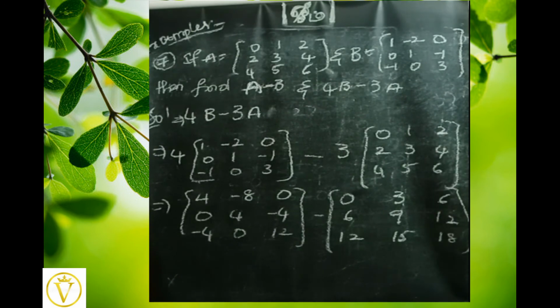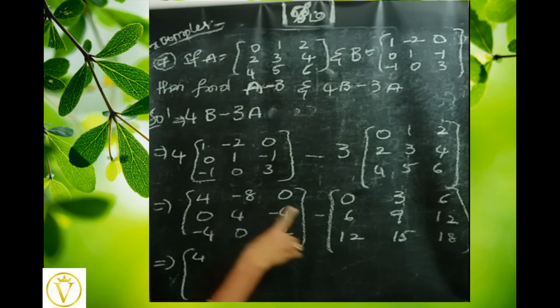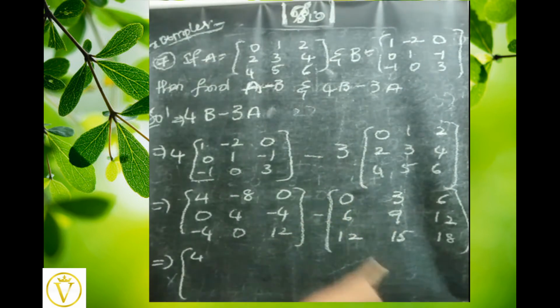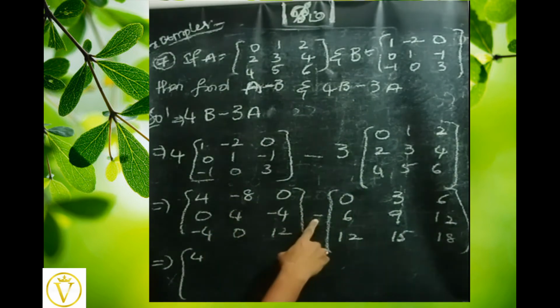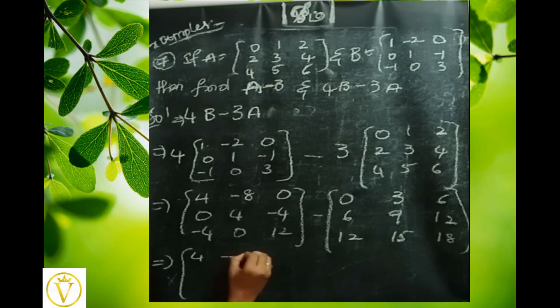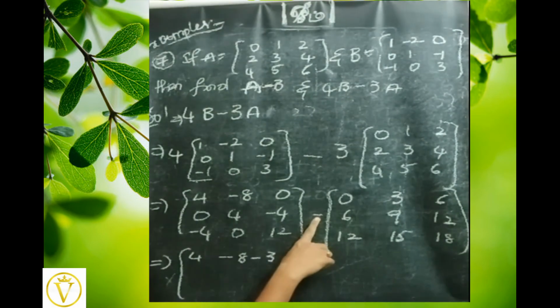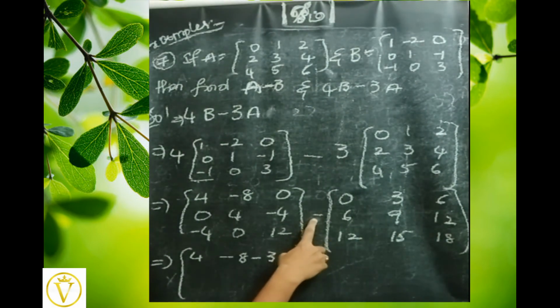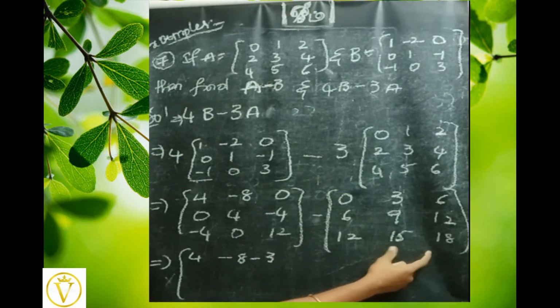Now we have to subtract these 2 matrices. So what will we get for this? We will get, see here, 4 minus 0, 4. Minus 8, and see here minus is there. Minus for this matrix. So we have to multiply this minus with this. So minus 8 minus 3. Minus 8 minus 3, we have to write. Many students will make a mistake and forget this symbol. Here minus is there. So every minus symbol is multiplied with every term in the matrix.